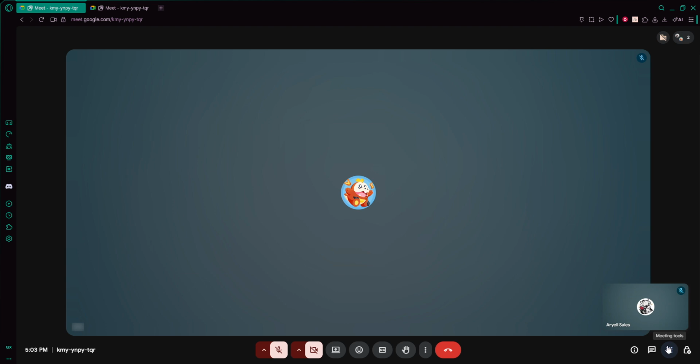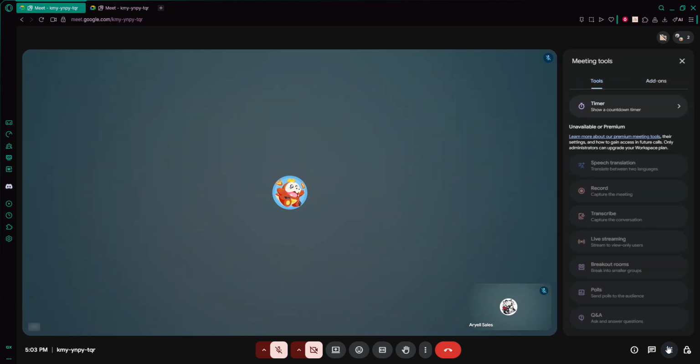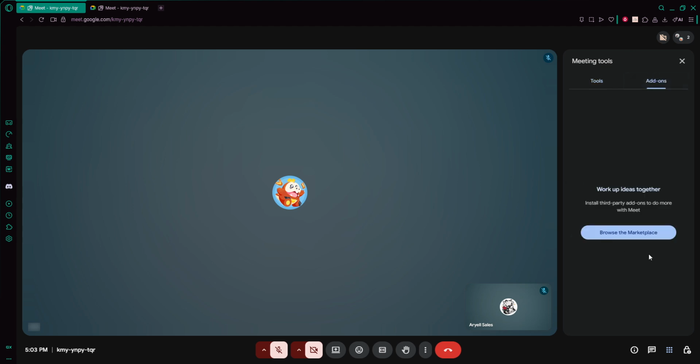This is where Google collects extra features that enhance your meeting experience. When you open this panel, you should see multiple options related to controlling or customizing your meeting. Among these options, look for one called Add-ons. Click on Add-ons. Add-ons are extra tools that connect with Google Meet to give you more functionality, such as tracking attendance, running polls, or adding timers. Think of them as small apps that plug directly into your meeting so you can do more without leaving the